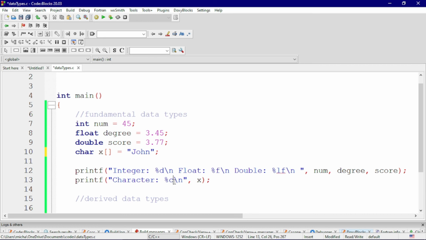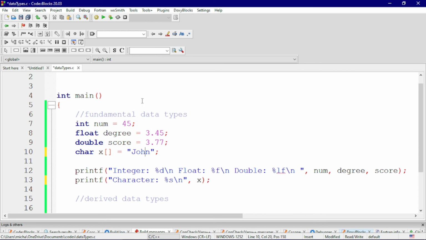As we have now transformed our program to print out not only a single character but a sequence of characters, we are going to use %s, and this stands for strings, a combination of many characters together which form a specified name or a specified thing out of those combinations.